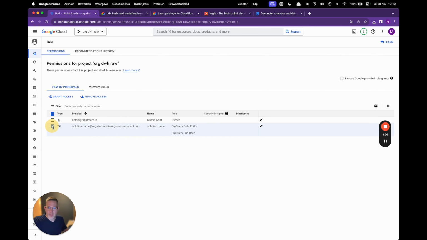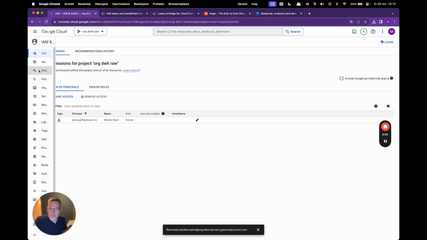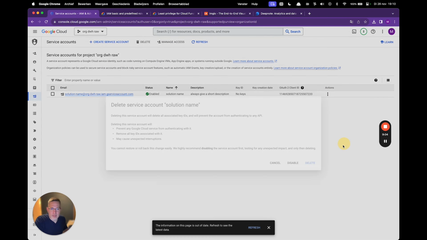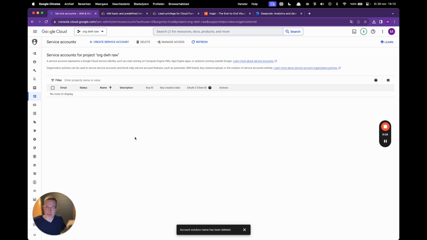Also here, we can remove access. I don't want that anymore. Gone. And here we can delete this one as well, the key. And now it's completely gone from our system. And be aware that if you do this and you do have DeepNote, for example, set up, then it won't work anymore. And that is how you are in control over who has access to your Google Cloud Platform